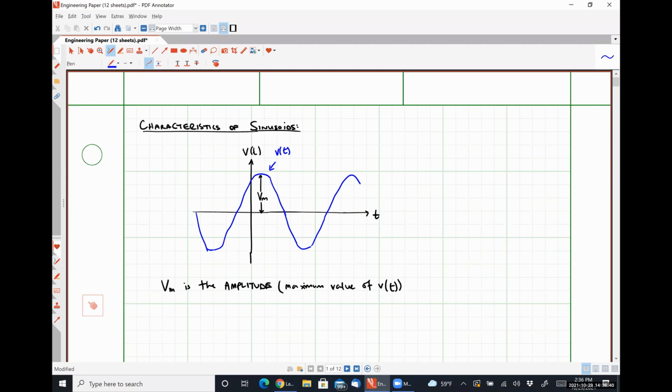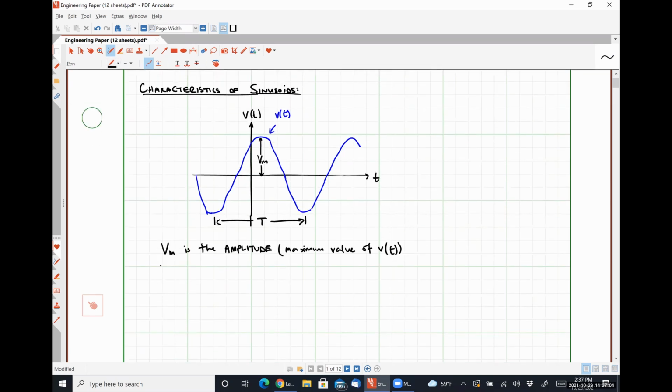All right. So this particular sinusoid and all sinusoids in general are periodic functions, which means that in a certain amount of time, T, they go through exactly one cycle, right? So T, in this case, is the period of the waveform